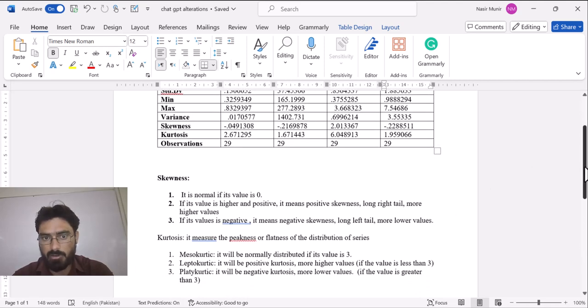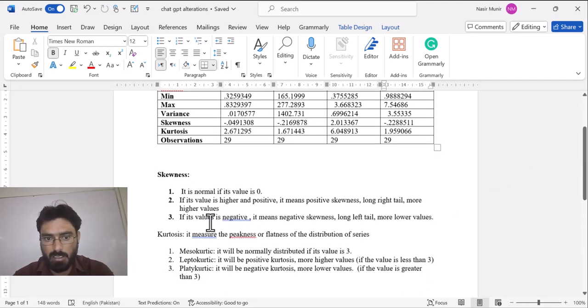And for kurtosis, this value may be less than 3, equal to 3, or greater than 3. There are 3 possibilities: either your kurtosis will be less than 3, or equal to 3, or greater than 3.